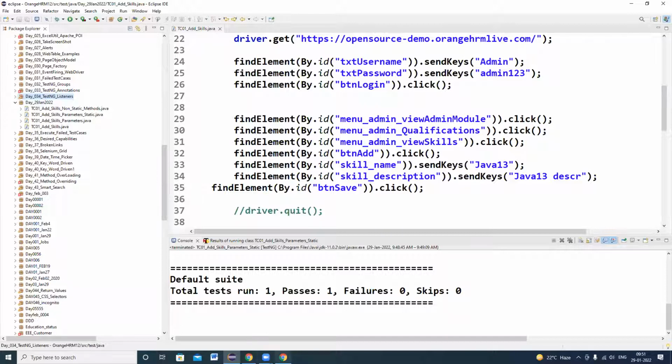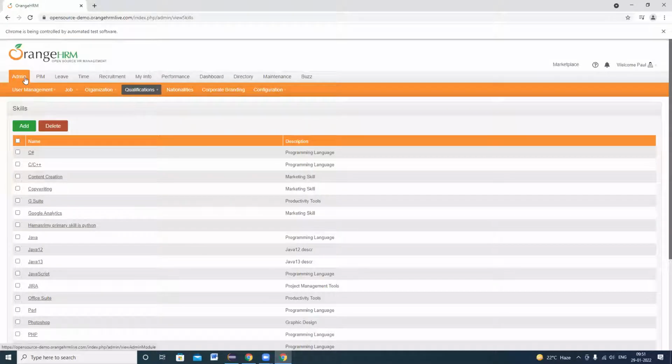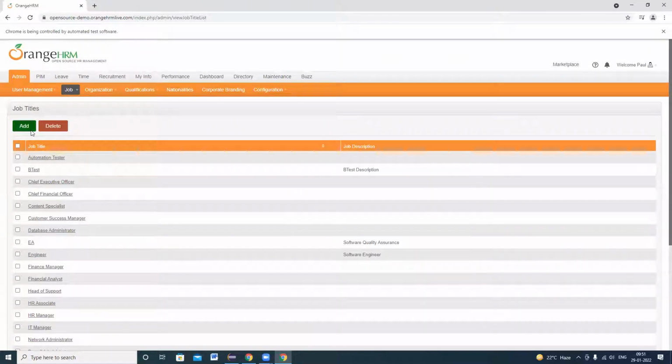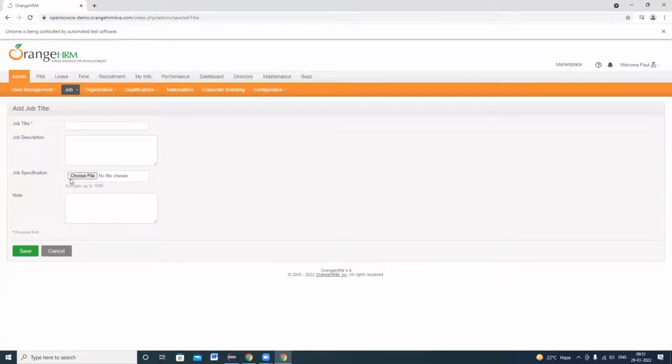So what is the scenario that you want to practice? I'm going to tell you now. So go to admin, go to job, click on job and click on job titles. Click on the add button. Don't automate this field, job specification. You can enter job title, job description and job note and click on save.